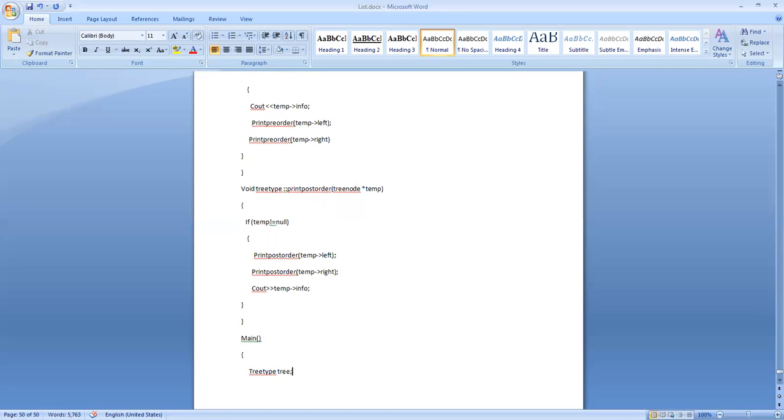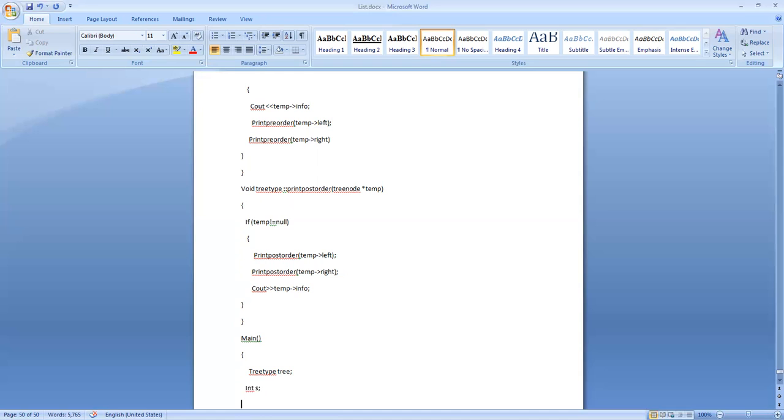Then I need some value for the nodes. Okay, for that let me create maybe a value. Yes, int value.